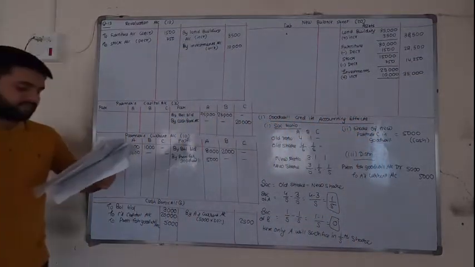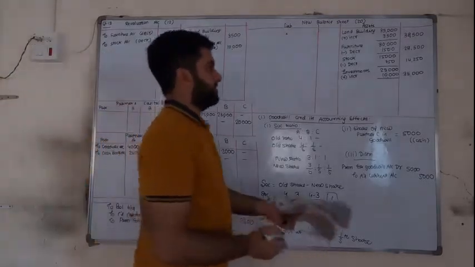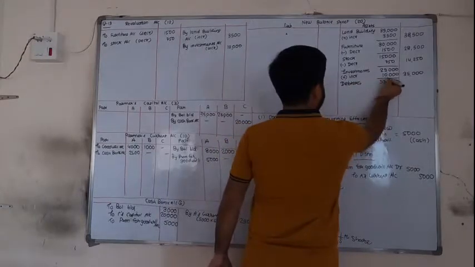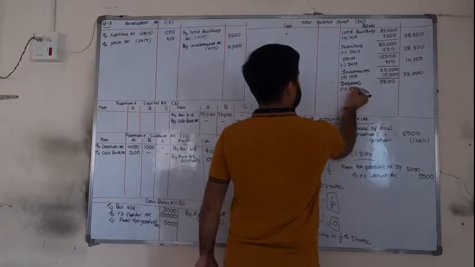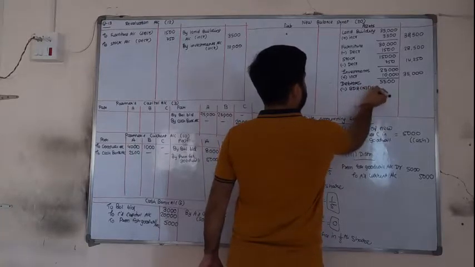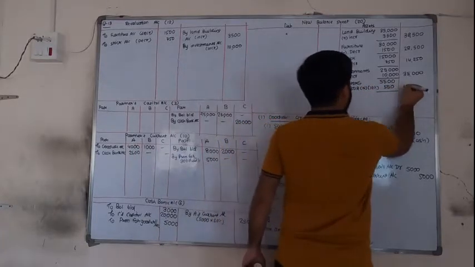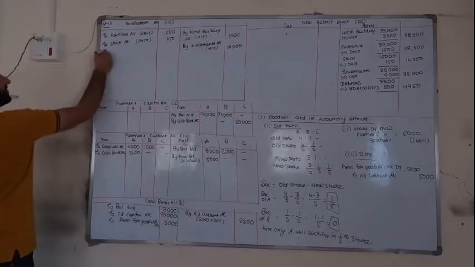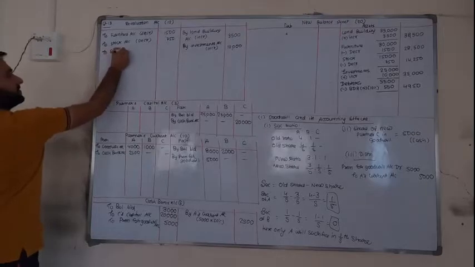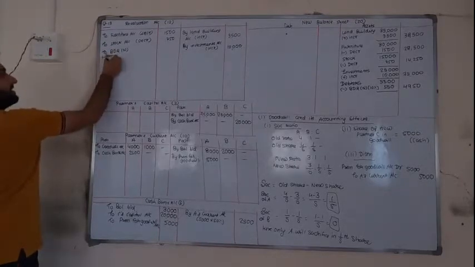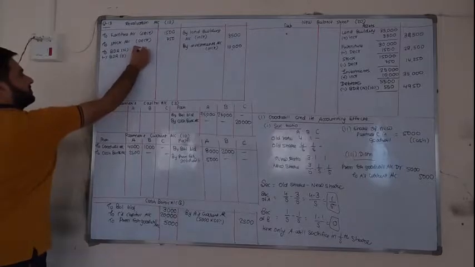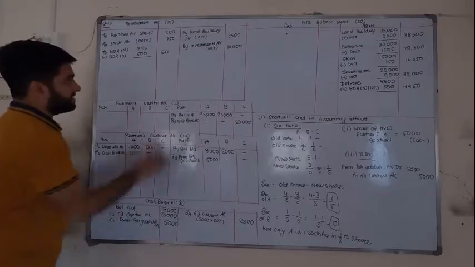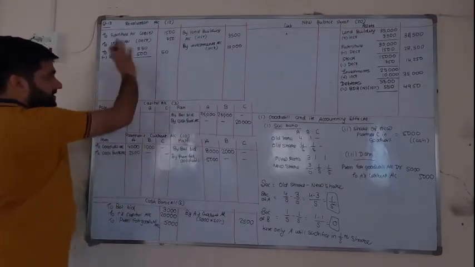Next, provision for doubtful debts is 10% on debtors. So first start from here. Debtors in the inner column 5,500 minus BDR new is 10%, 550. In the outer column 4,950. Now you have to compare the new and old here itself. To BDR in bracket new minus BDR in bracket old. 550 is new, 500 is old. Answer is in plus. Yesterday answer was minus, so we transferred on the opposite side. Today answer is plus, so outside.